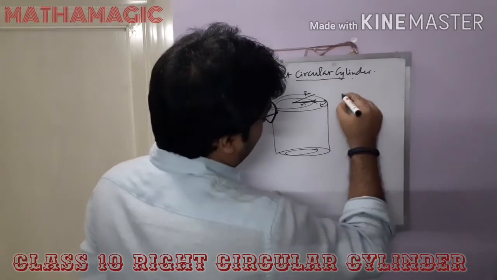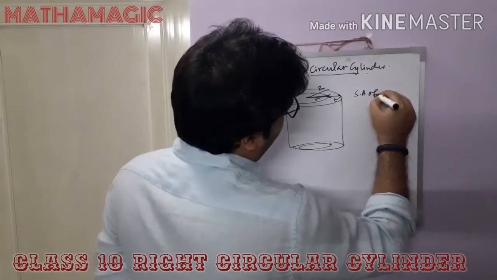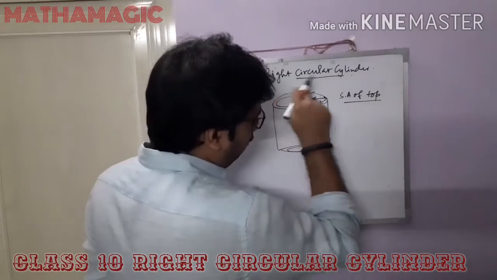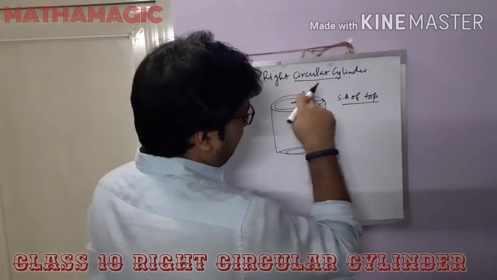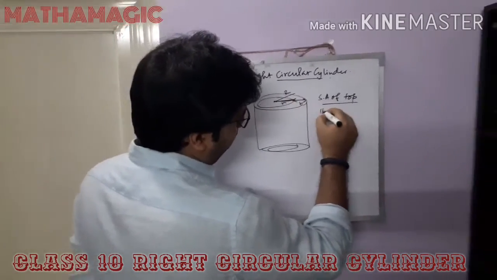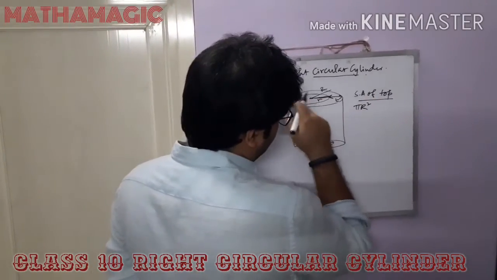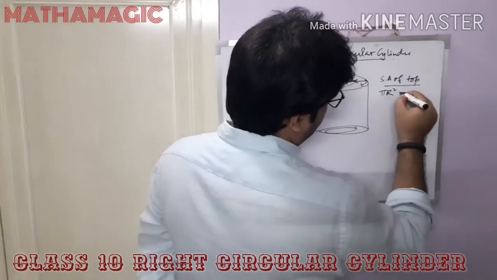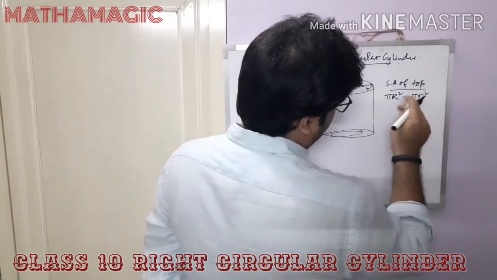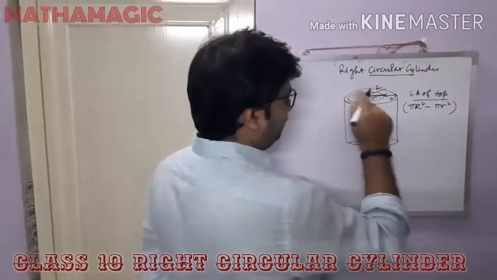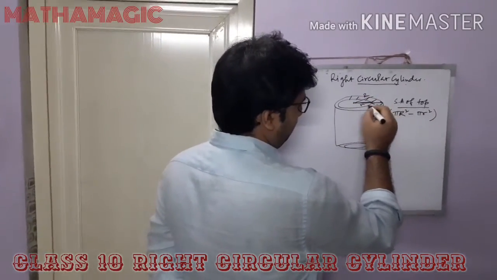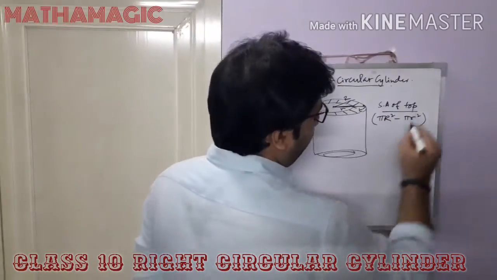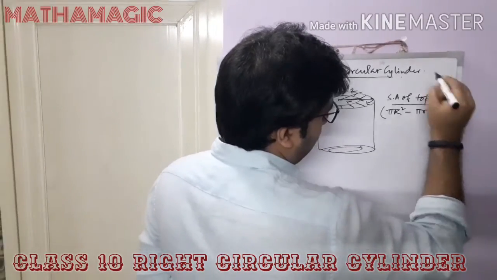Now we'll do it one by one. First we'll find out the surface area of base or top. What will be the surface area of the top, calculating with the outer radius? That will be pi capital R square. And what will be the surface area of the top by taking small r as radius? It will be pi r square. If we subtract these two, then we'll get the surface area of this particular part, right? So this is how to calculate. Now the surface area of top or base we have found.